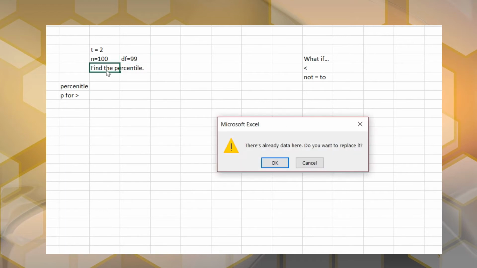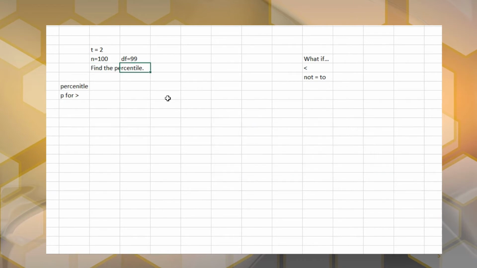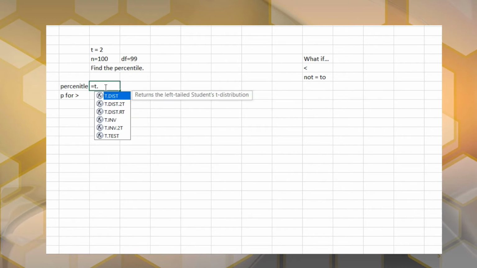And let's find the percentile first. So I'm going to show you how to do it just how you did it in the z-table to find the percentile, and then use that to find your p-value. I'm going to show you that way first. So we're going to put an equal sign in a random cell and put t dot dist,